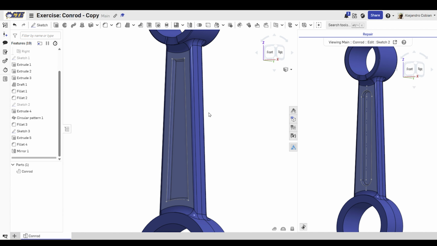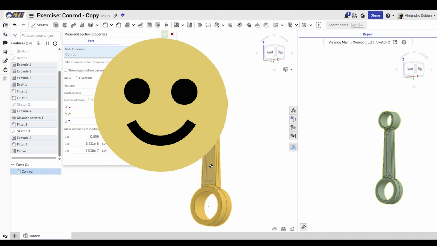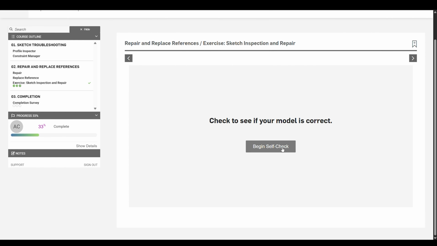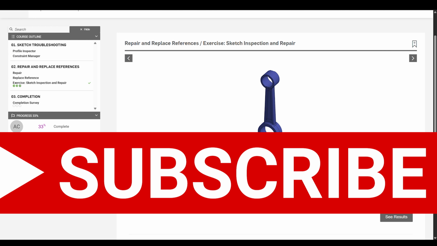So let's go ahead and go to Mass Properties. Select this. And we should have an answer right here for the mass when we go to the next slide. So go ahead and go to begin self-check. And this one's going to be a close answer, so make sure you do it right, because I got the